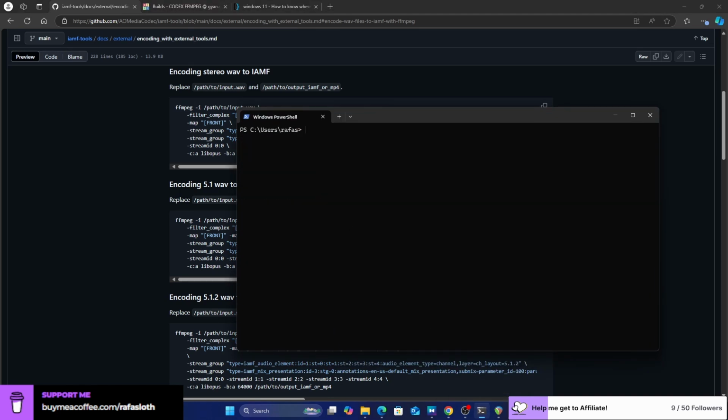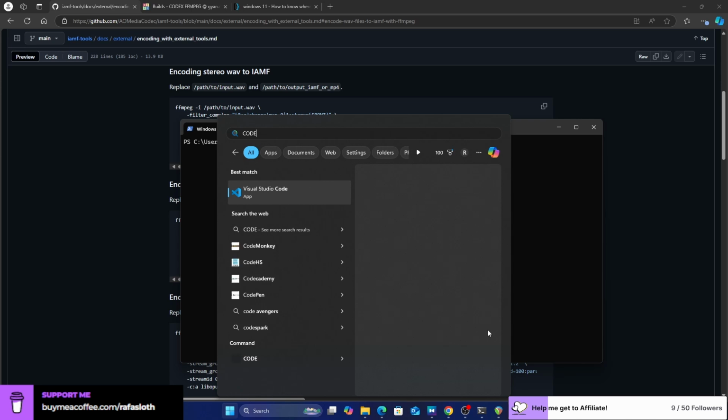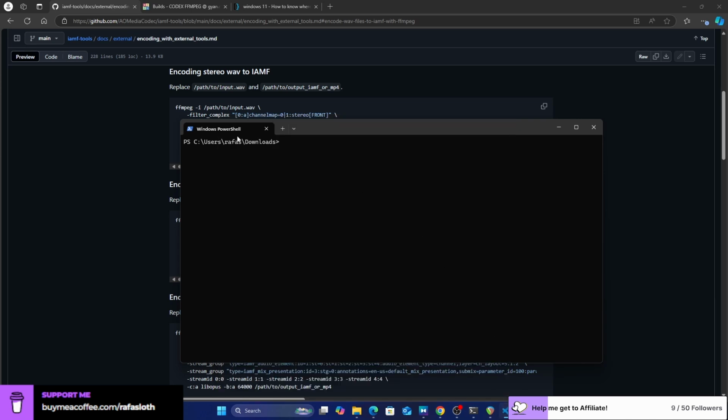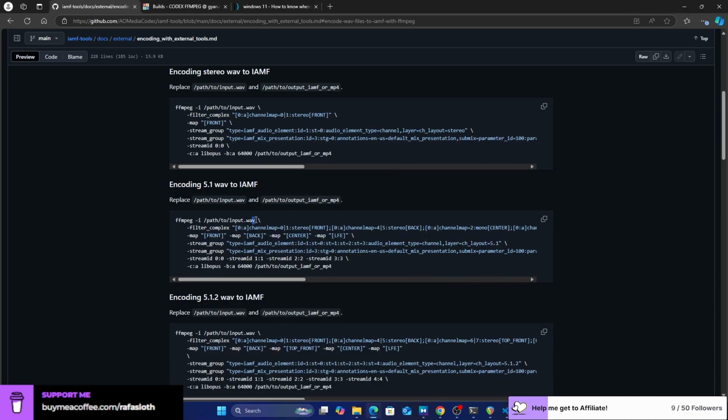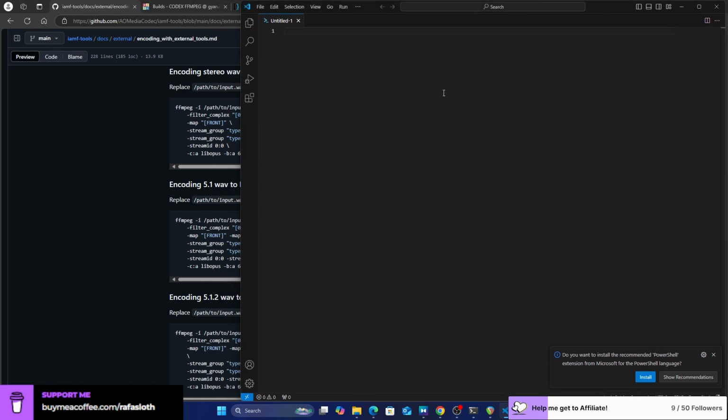Clear this. We go to the downloads folder here. And what I'm gonna do is open a text editor, because this character here, the backslash, was giving me issues as well. So I had to remove those new lines.